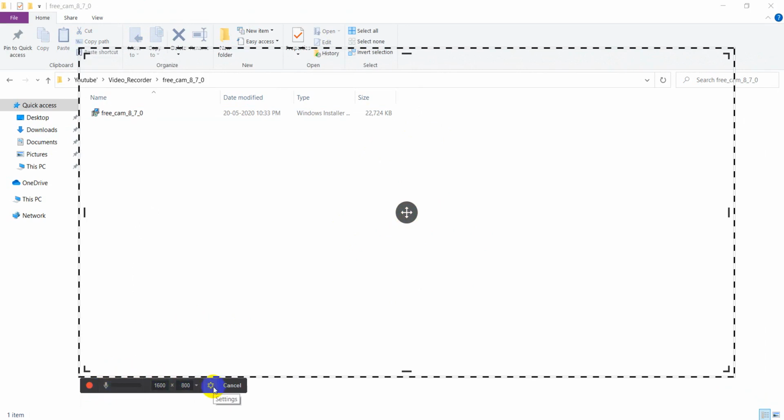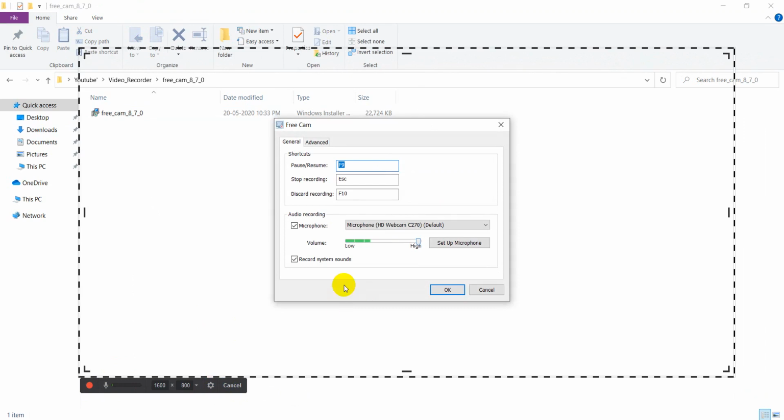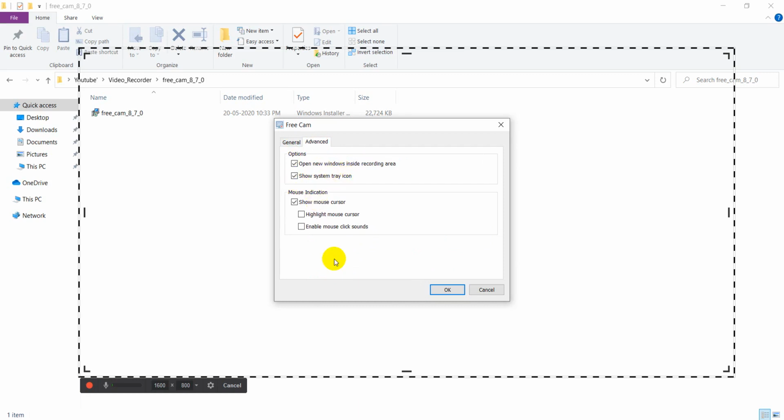And here settings, the general section, it's asking for shortcuts. To pause and resume, its default key is F9, stop is Escape, and discard recording, that means stop recording, is F10. Then there are the microphone, the volume of the microphone, and system sound recording options, and other options.